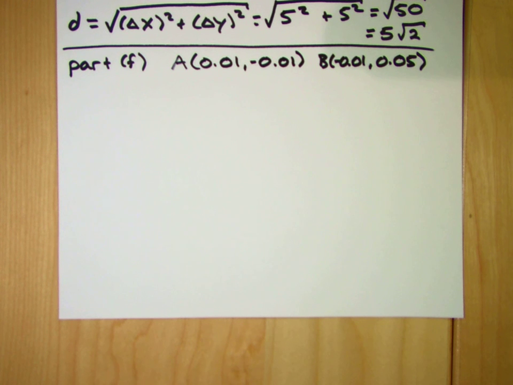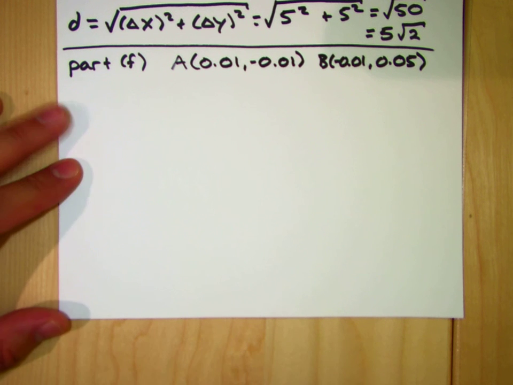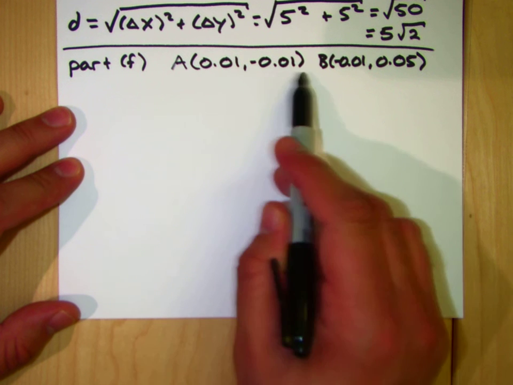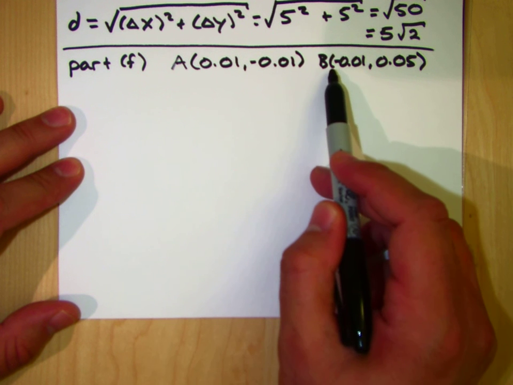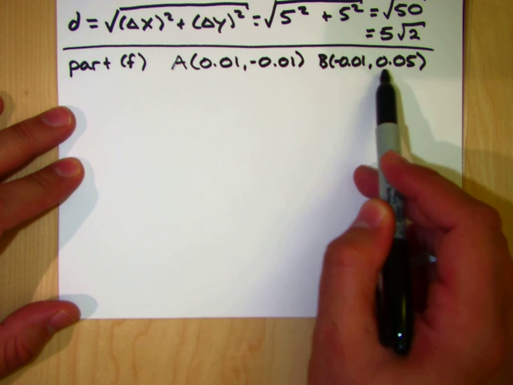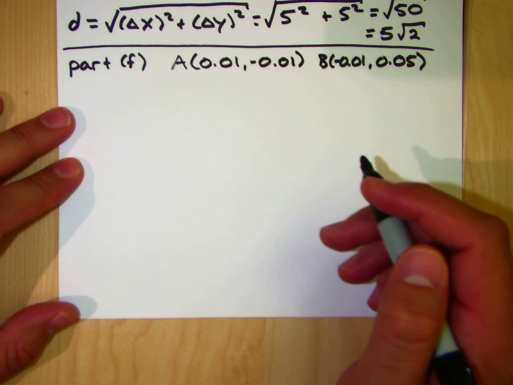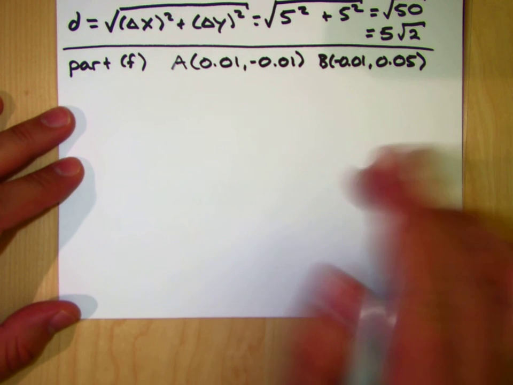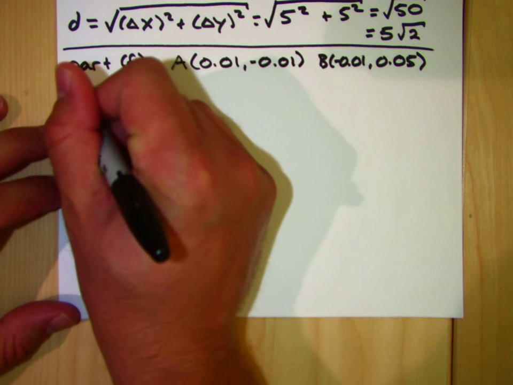This is question 1.1, part F. And we've got point A, which has coordinates 0.01 and negative 0.01, and point B, which has coordinates negative 0.01 and 0.05. Now, don't be thrown off by the fact that these are decimal coordinates. Everything still applies. So delta x